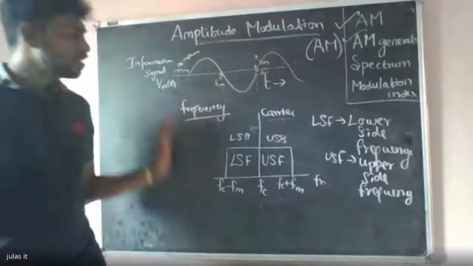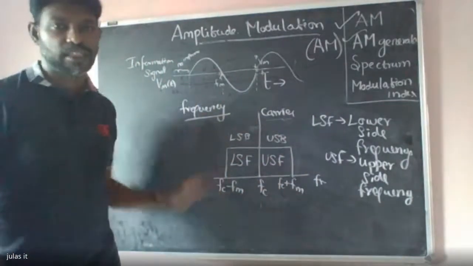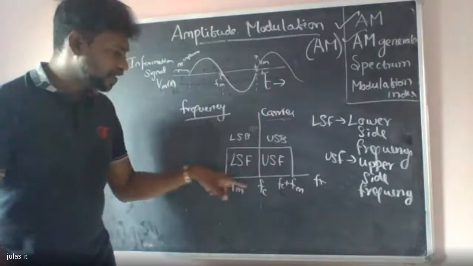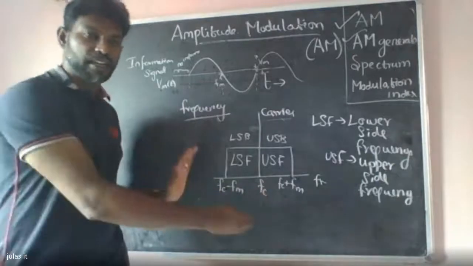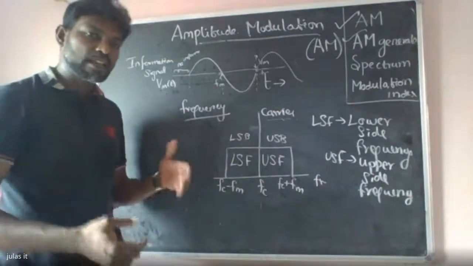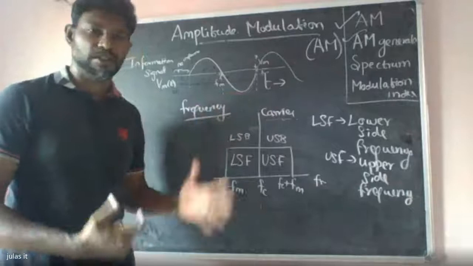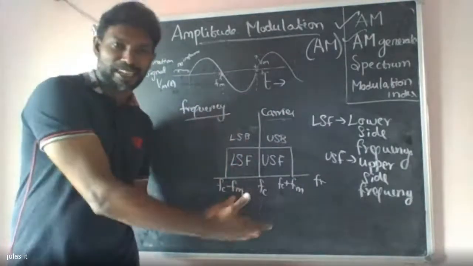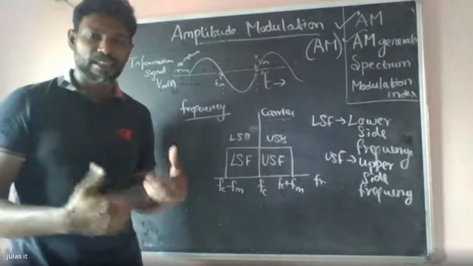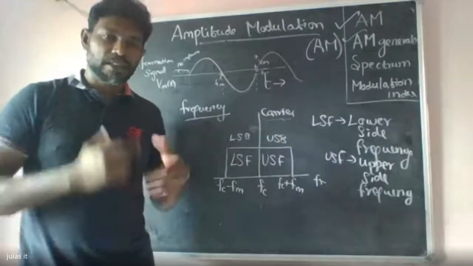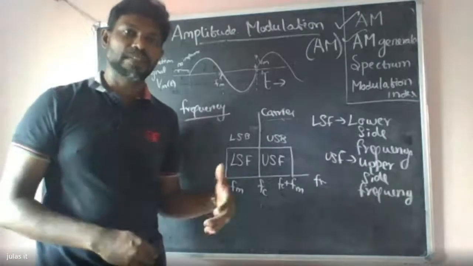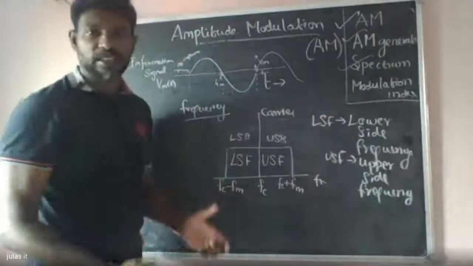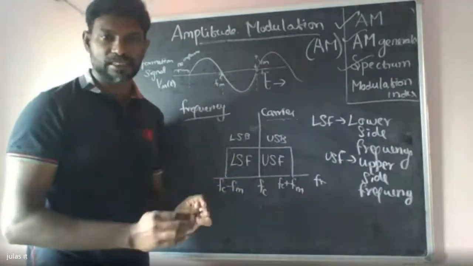So this is the spectrum diagram of the signal. The signal can be represented in the form of frequency domain. Just keep it in mind; later on in the classes, you can easily understand what this diagram actually means. Sometimes when I say spectrum, lower sideband, upper sideband frequency, they will be new terms, but in later classes it will be easily understood. Now I have finished the spectrum, and the last topic is the modulation index, right?